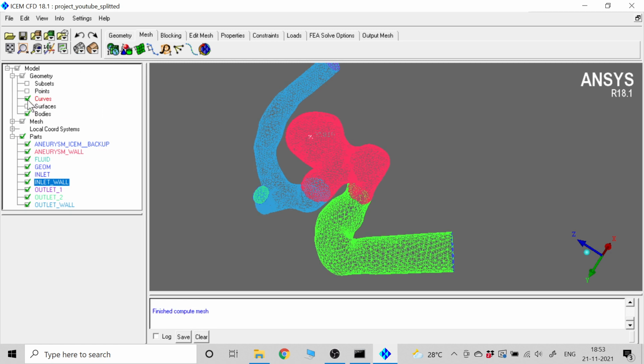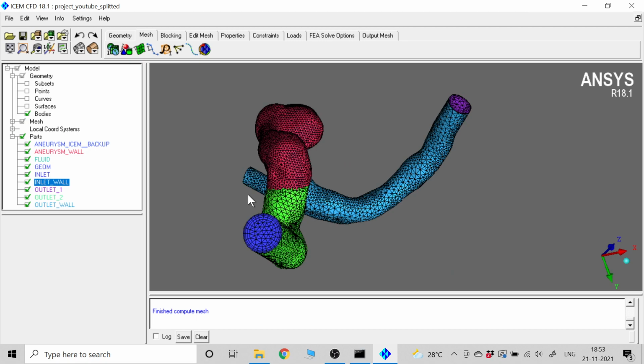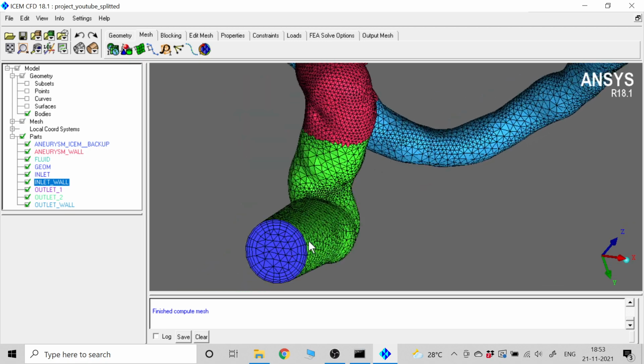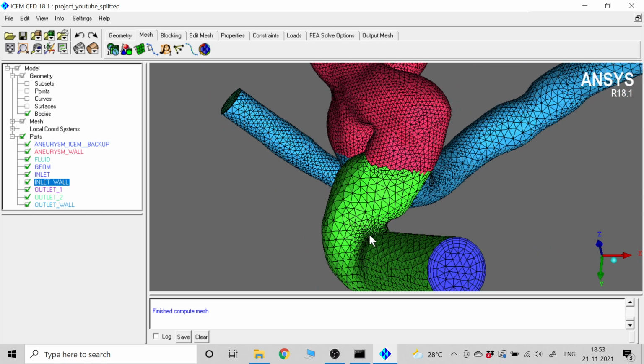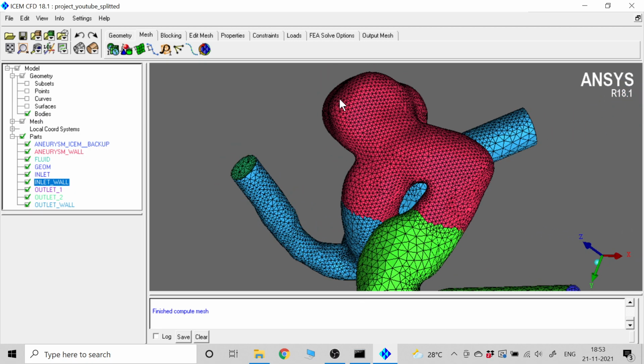Let's unselect the surfaces, curves, and inspect the mesh. So it looks good, and you can see that the prism layers are created. We have 4 prism layers, and another thing that we can see is that the mesh in this particular region is much finer than the mesh at the inlet branches or the outlet branches,